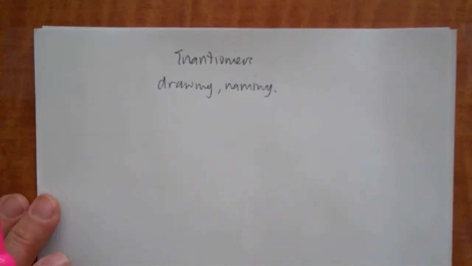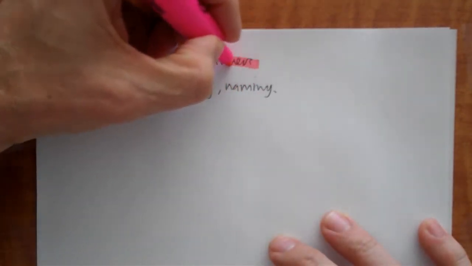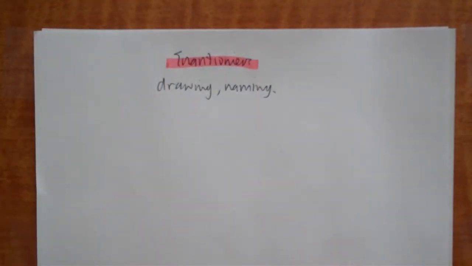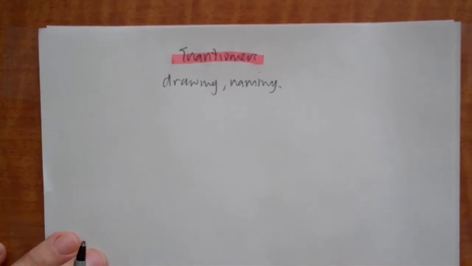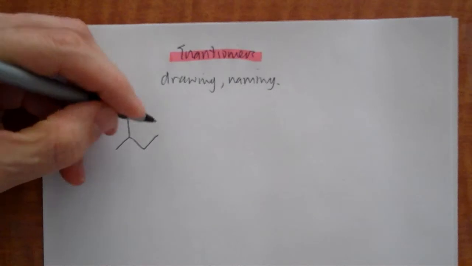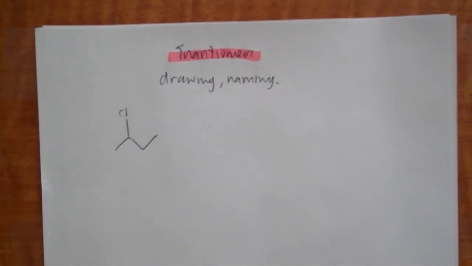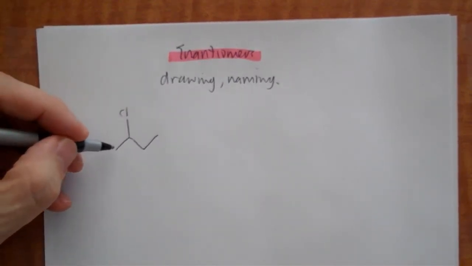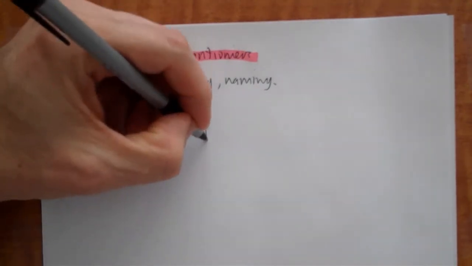Alright, so the purpose of this video is enantiomers, drawing and naming enantiomers, and I'm going to be a bit brief about it just because we can talk about this for a long time. First thing I'm going to do is use an example of this, and let's name this first of all. This is going to be 1, 2, 3, 4